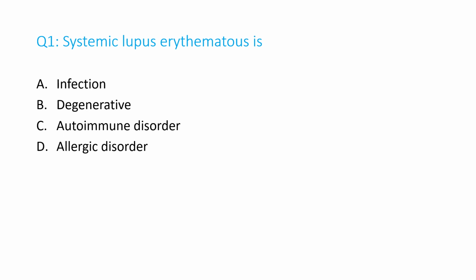Question number 1. Systemic lupus erythematosus is A. Infection, B. Degenerative, C. Autoimmune disorder, D. Allergic disorder. And the answer is